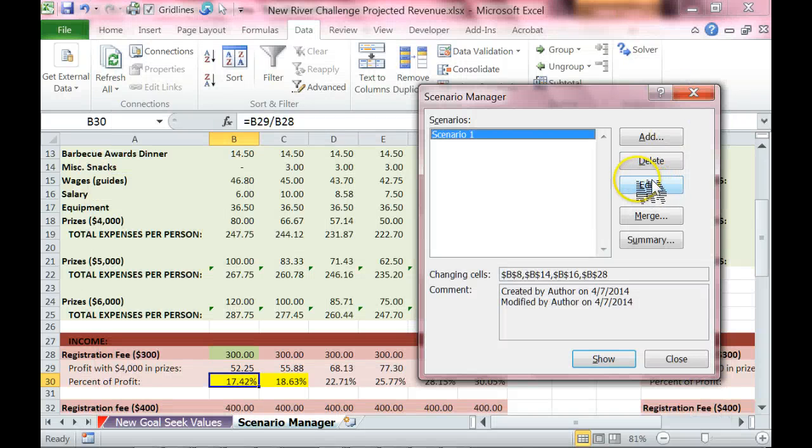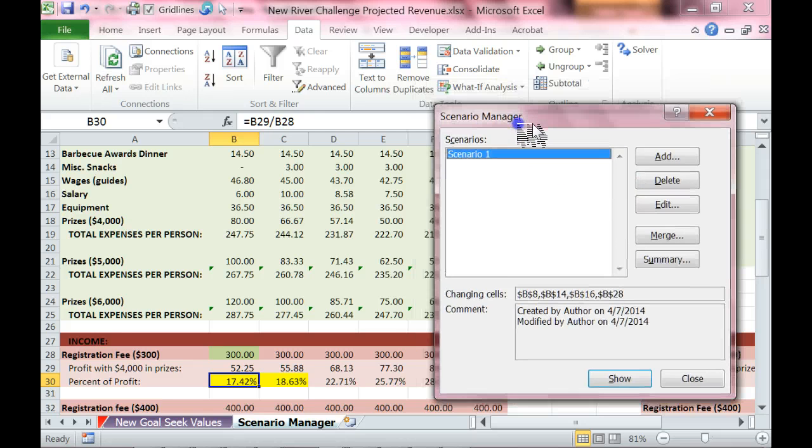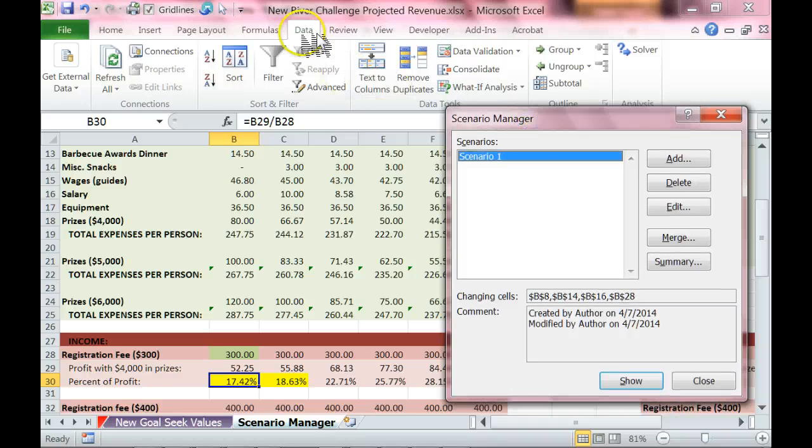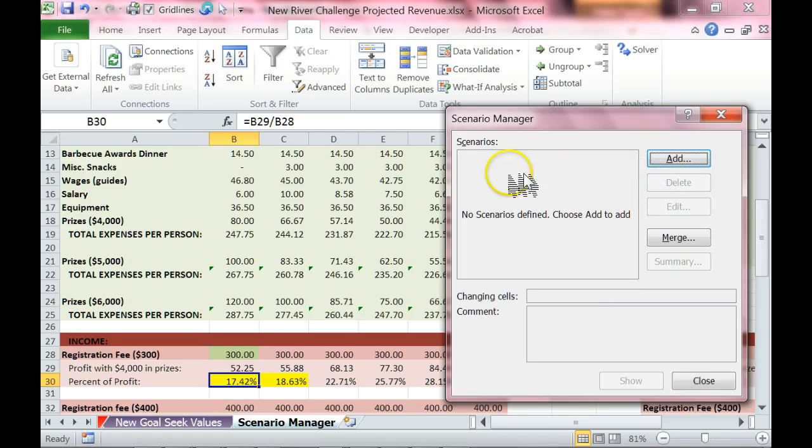Okay, in the next job, you're going to be using Scenario Manager. To get to Scenario Manager, you're going to do this the same way that you did the goal seek. You're going to go to Data, go to What If Analysis, and then choose Scenario Manager. You can see here that I have added a scenario. I'm just going to go ahead and delete this so I can go through the process of doing this one